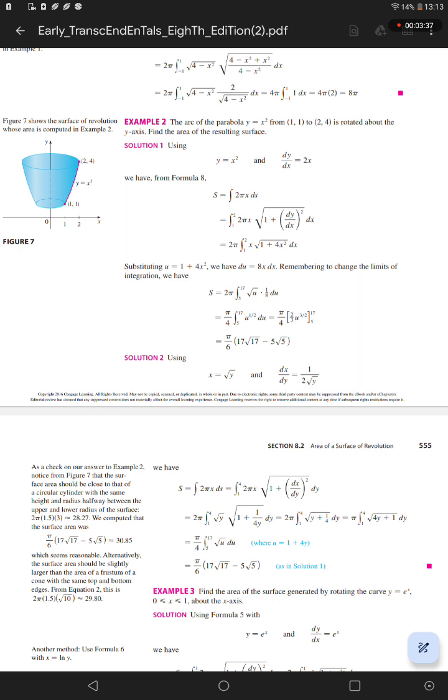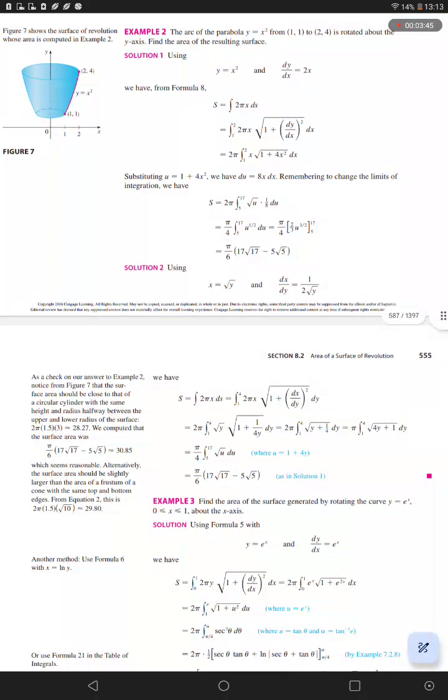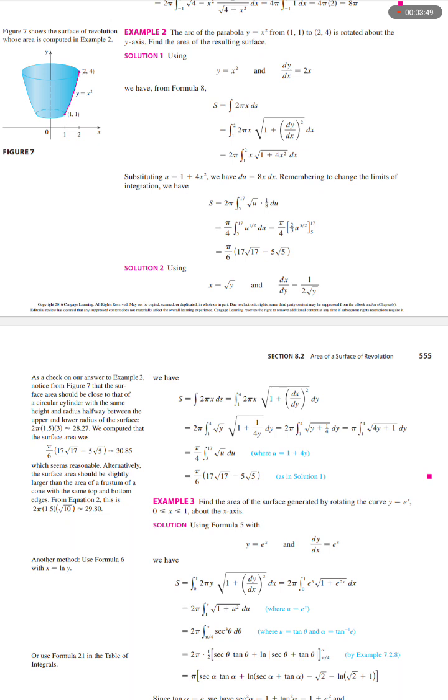Solution 2. Using x equals the square root of y and dx over dy equals 1 over 2 the square root of y, we have big S equals the integral of 2 pi x ds equals the integral from 1 to 4 of 2 pi x times the square root of 1 plus (dx over dy) squared dy equals 2 pi